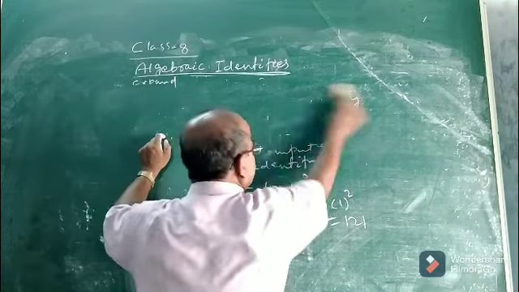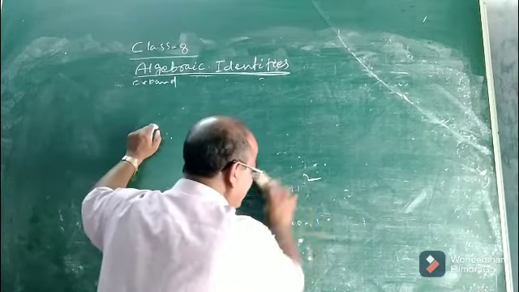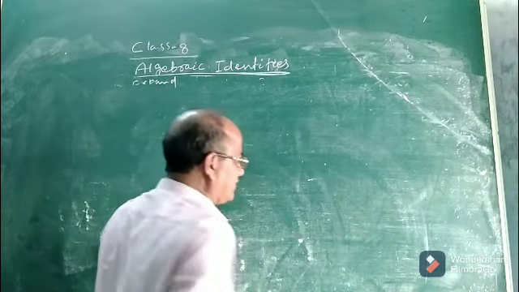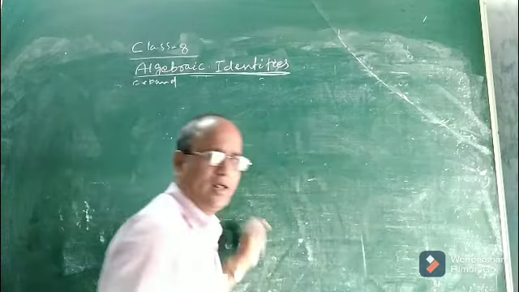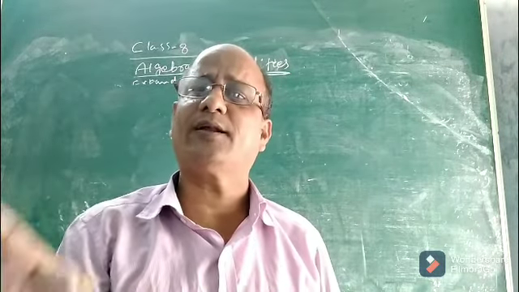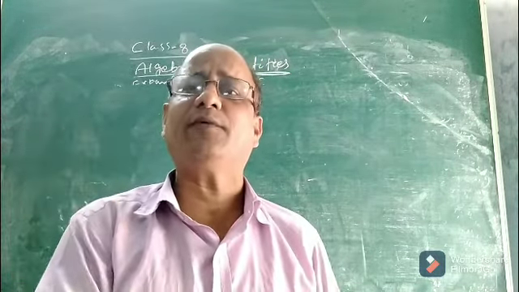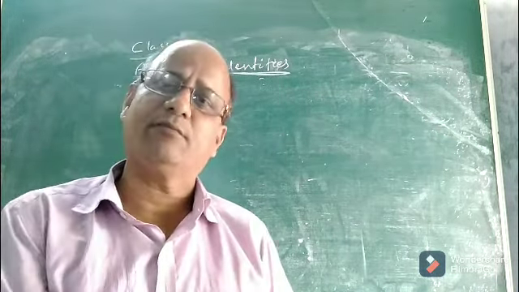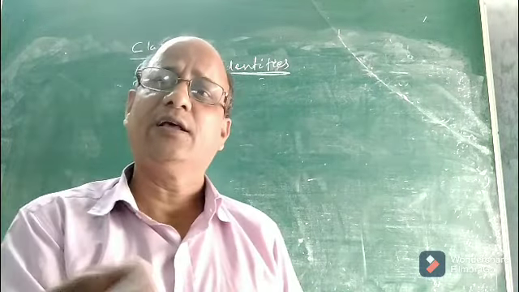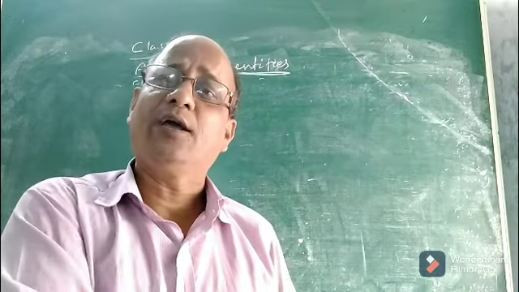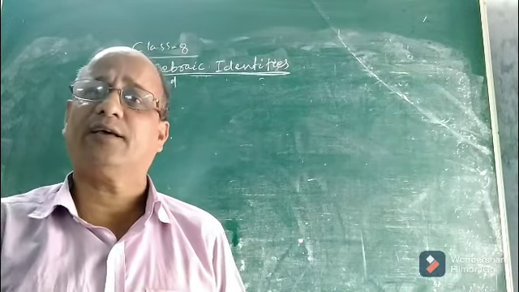Let us consider another question. I told you that identity 1 and 2, that is the first and second identities, are particularly used in expanding algebraic expressions as well as finding the square of any number. You can find the square of any number using identity 1 and identity 2. If you put it in identity 1 form, you will get an answer. If you put the square of that number in the form of the second identity, you will also get the same result.